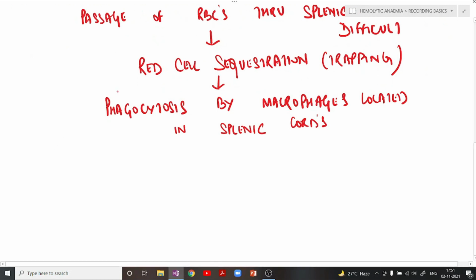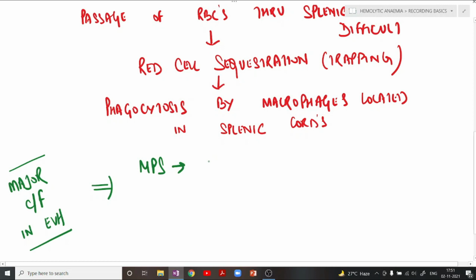Okay, so what is the major clinical feature? Let us see what is the major clinical feature of extravascular hemolysis. So yes, you all can comment in the comment section and tell me now. So what is the major clinical feature in extravascular hemolysis? Remember, very importantly, because it is extravascular, meaning outside the vessels, the hemolysis will take place in the mononuclear phagocyte system, that is the spleen, liver, bone marrow. So there will be splenomegaly and hepatomegaly.